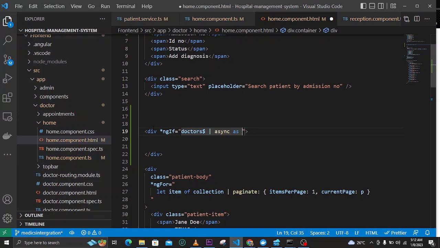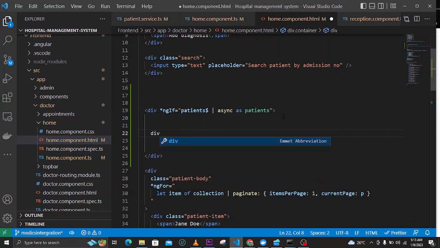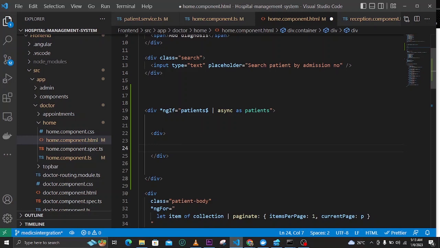No, it should be patient, it's not doctors. So this one is patients, as patients. Now just like that. So you can see here now we have this. So what we can do now, let's create another div here. Inside this div, we will create another ngIf directive, so that we can check if we have those patients. So ngIf,